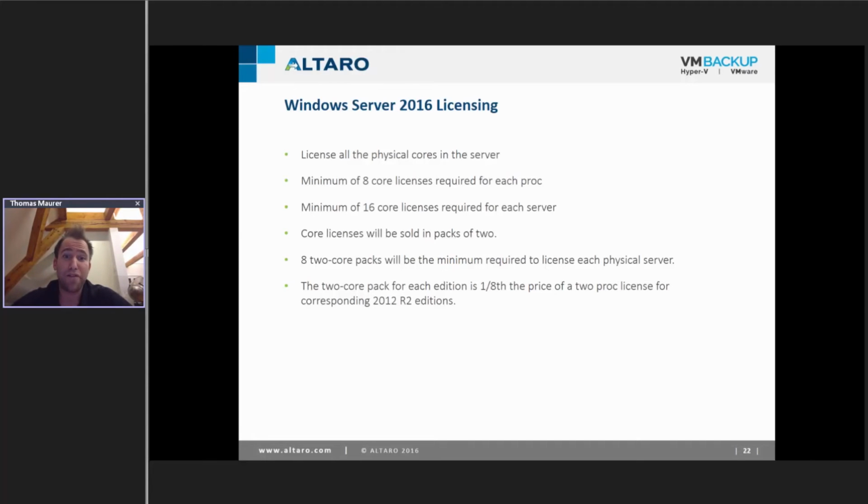You have to license a minimum of 8 cores per processor, and a minimum of 16 cores per server. So you have to license at least 16 cores for a physical server. And if you buy additional cores, you have to buy 2-core packs in that case.